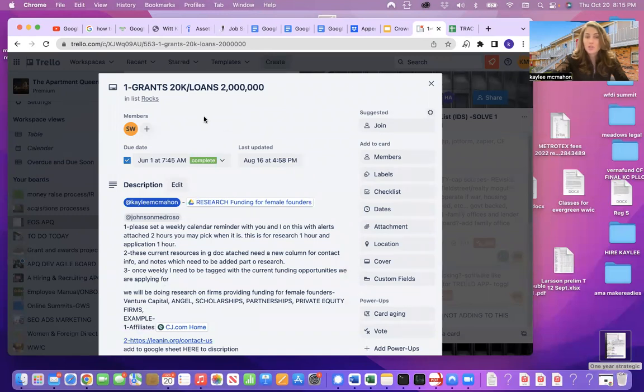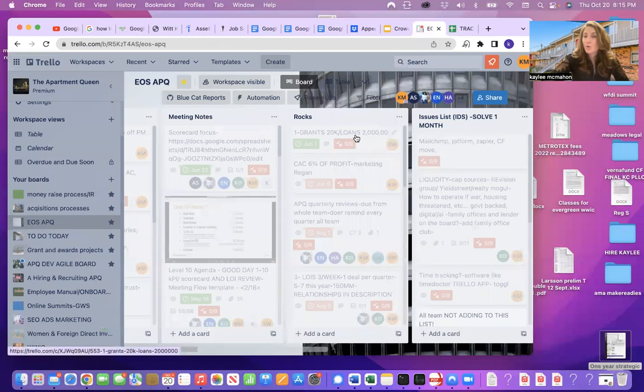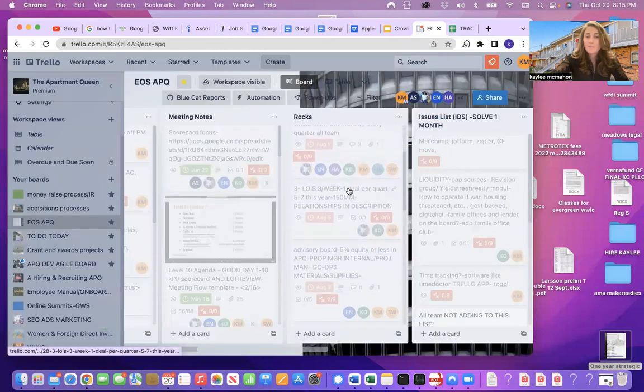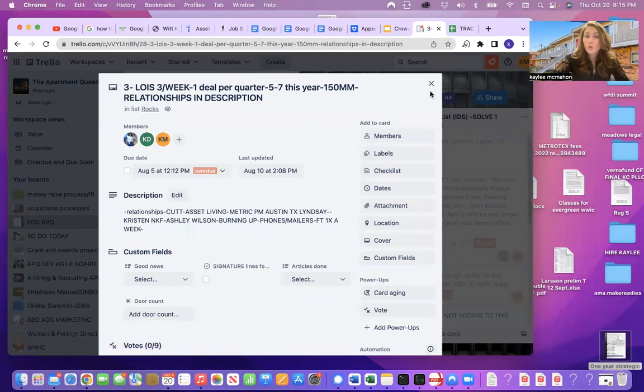So we wanted to achieve $20,000 in grants and $2 million in loans. We put a date on it. We gave it to a person, and that was our number 1 goal that we were going to achieve within the quarter. And that was under one of those objectives that I showed you earlier. Again, this is for marketing. So basically, we had our LOI goal,